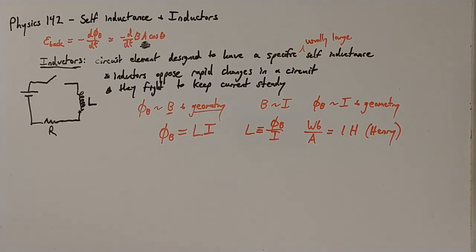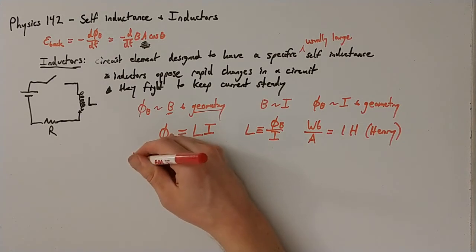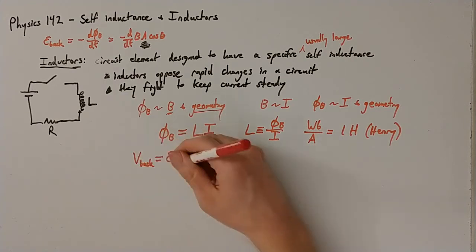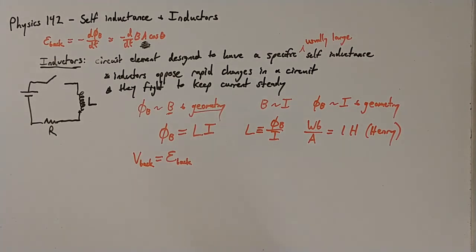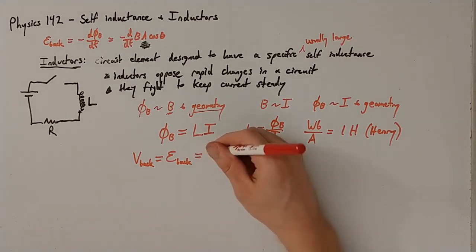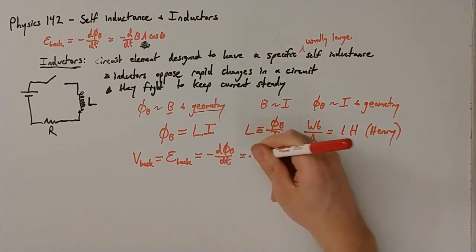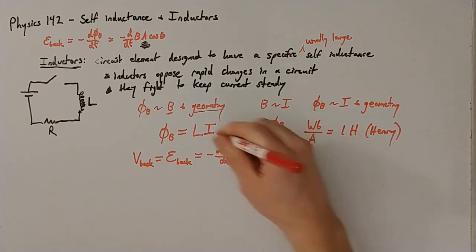Maybe to make this a little bit more specific, if we want to think about how much back EMF we have, we want to think about how much the potential changes here. Let's write that down. If we want to know what V back is, our self-induced change in potential, often we talk about this as EMF. If we want to write down the back EMF in terms of inductance, then we say that is minus d phi dt,